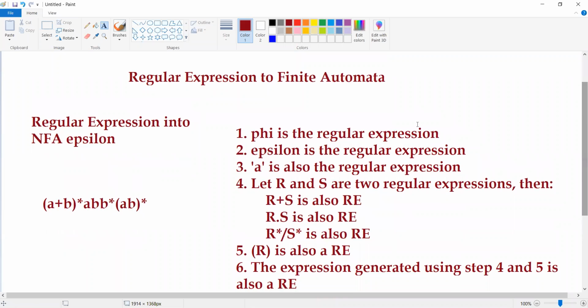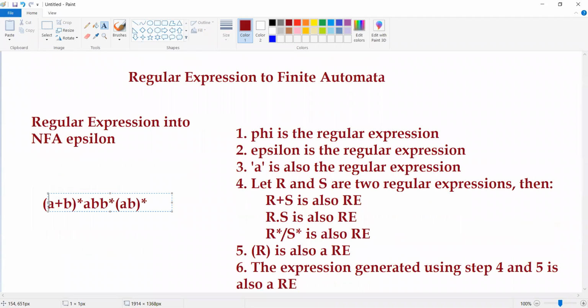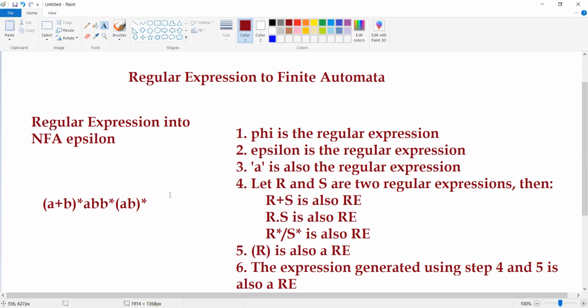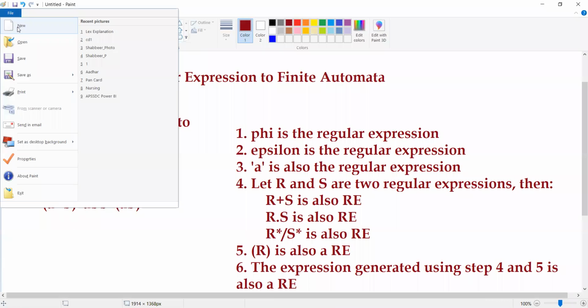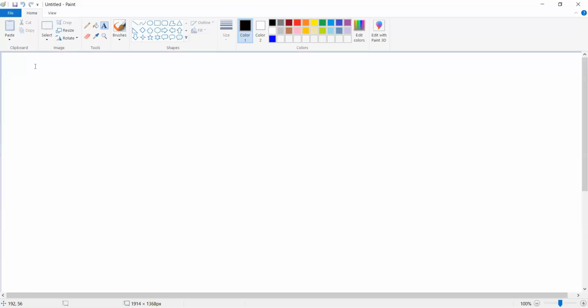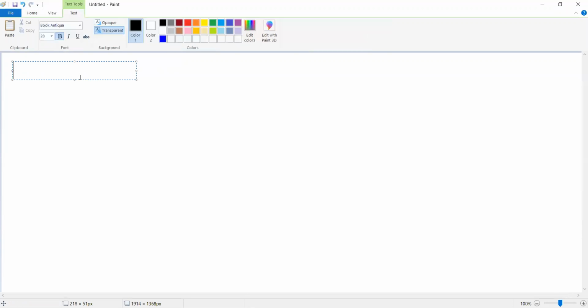If you know how to construct the finite automata when we have a concatenation operation, a union operation, and a Kleene closure operation, then it becomes very easy for us to construct the finite automata. That is what we are going to do right now. First, we start with the first operation, which is nothing but phi.